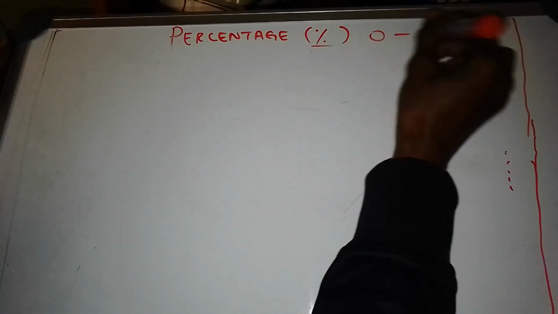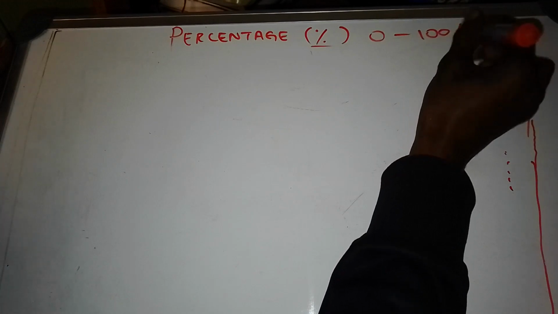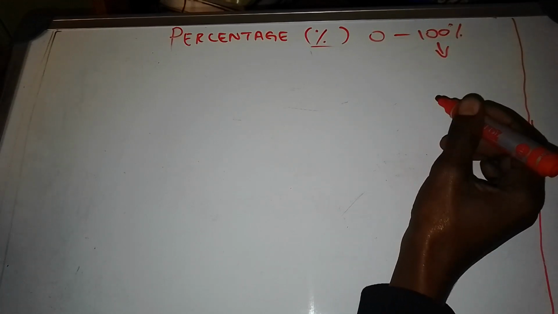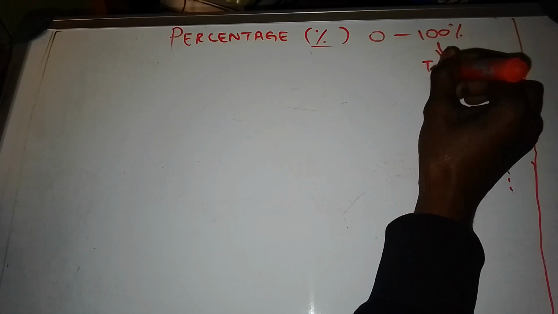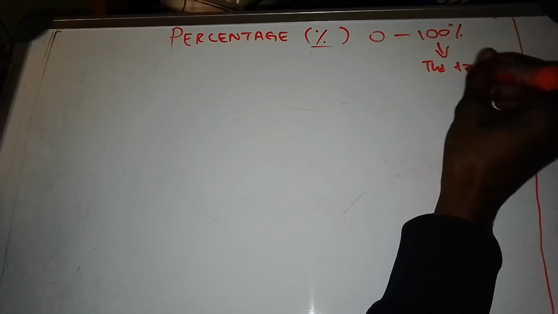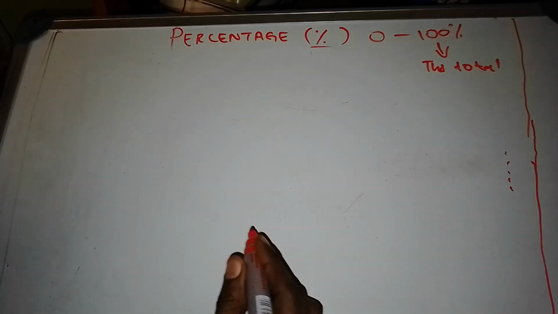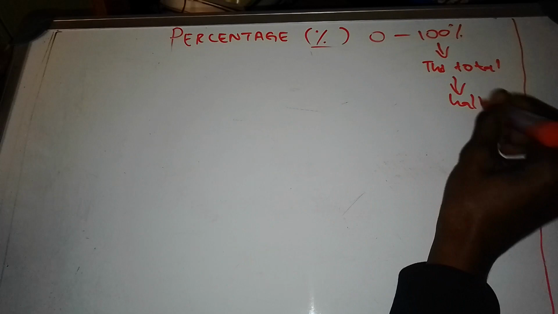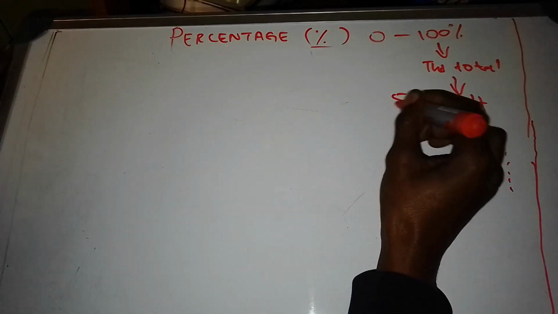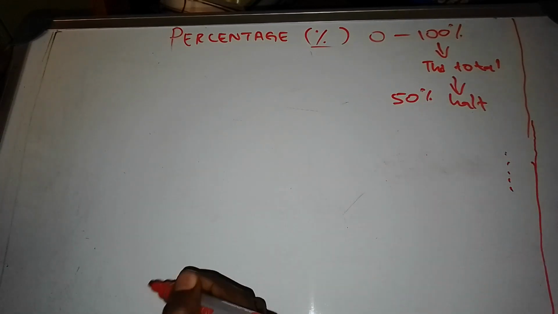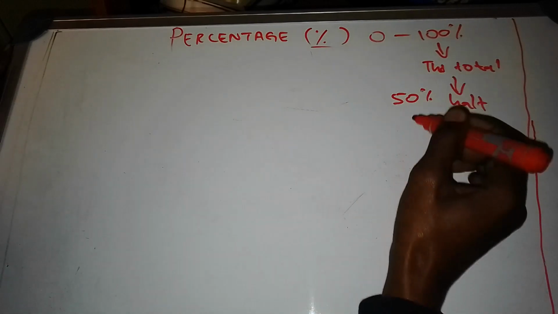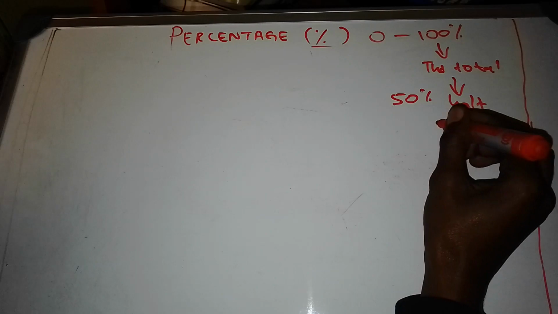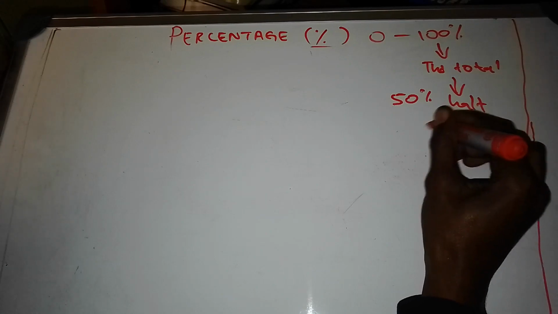Now, you've got 0 to 100%. 100% means the total. The total will always be 100%, right? Then half of it will be 50%, right? 50% will be half, right? And then a quarter will be